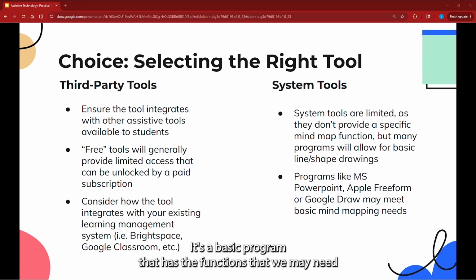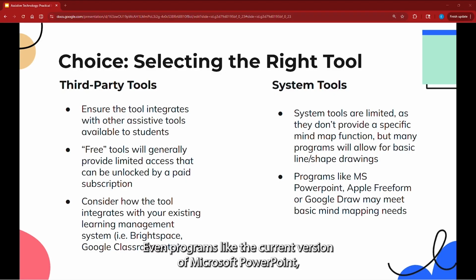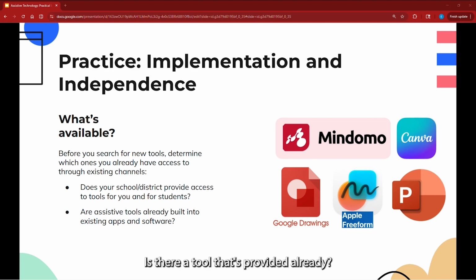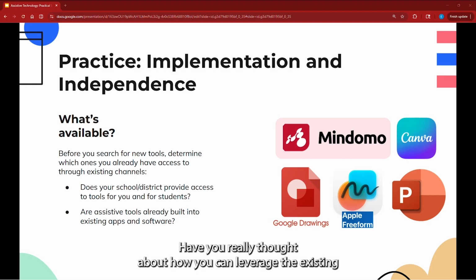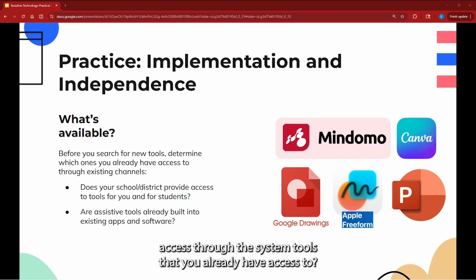It's a basic program that has the functions that we may need to do this work. Even programs like the current version of Microsoft PowerPoint, Apple Freeform, Google Draw may do the trick for most users. As we noted previously, consider the existing status of tools already in your digital environment. Is there a tool that's provided already? Have you really thought about how you can leverage the existing access through the system tools that you already have